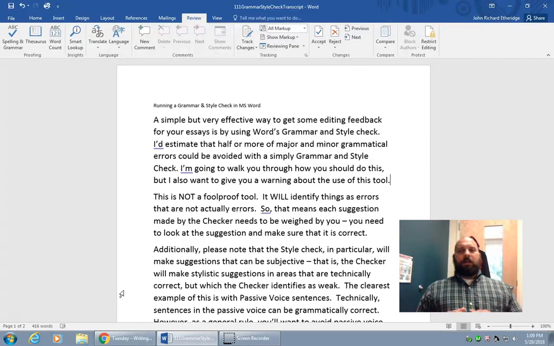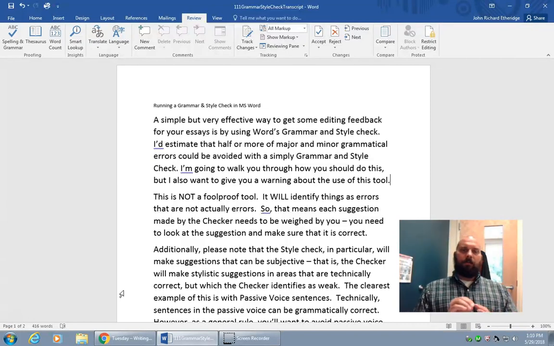Additionally, you'll want to note that with the style check in particular, it will make suggestions that are subjective. That is, it will make stylistic suggestions that might be grammatically correct, but that the checker will identify as weak. The clearest example of this would be with passive voice.